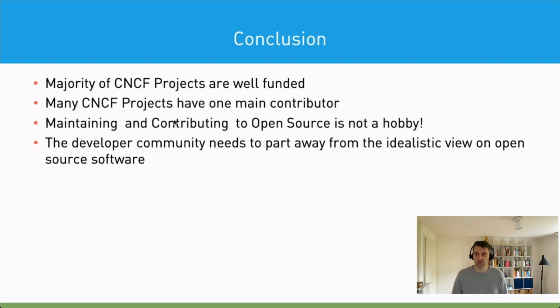A lot of companies rely on open source software and also rely on open source as a business model. Although people say open source is not a business model, it is some sort of a business model, because if you go open source with your main project, you cannot go back. And it is important, and we should, as a developer community and also as a society, not part away from this idealistic neckbeard developer point of view on open source software,